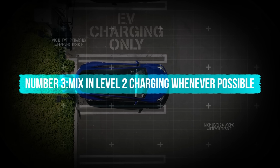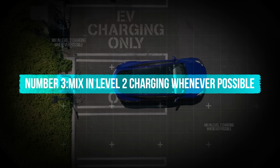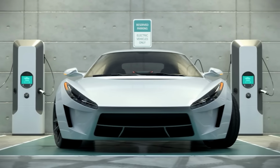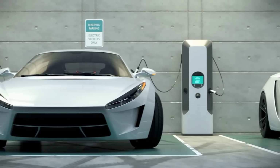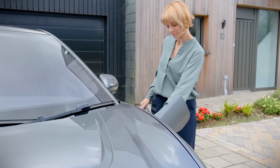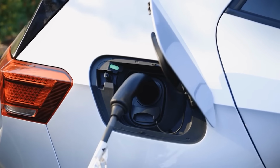Number 3. Mix in level 2 charging whenever possible. Superchargers are great in a pinch, but slow and steady wins the race when it comes to battery health. Level 2 charging, the kind you use at home or at most public stations, is far gentler on your battery